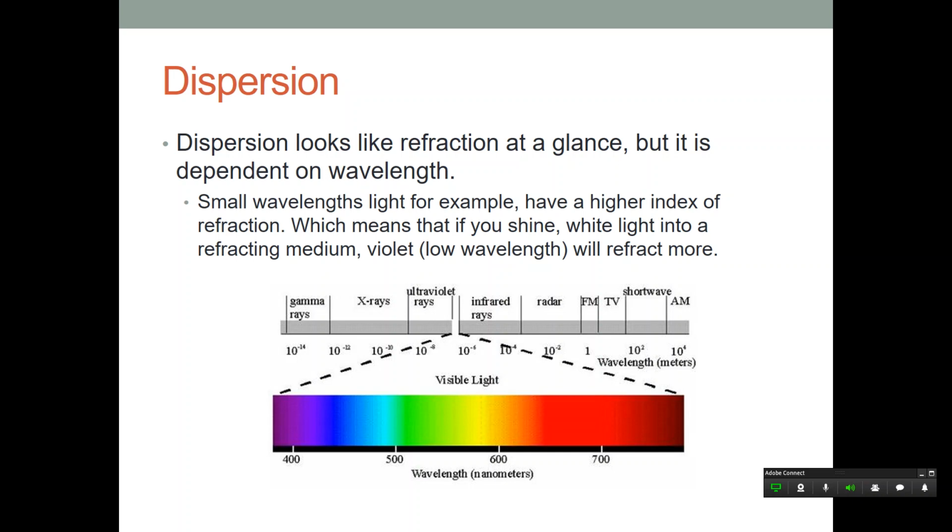Which end of the spectrum has high wavelength or low wavelength? If there's a high wavelength, there's big waves, and so big waves are going to be over here. Look at the wavelength, it's like 10,000 meters. Each wave is 10,000 meters. That's crazy. And here, that's the short wavelength. Each wavelength is 10 to the minus 14 meters. So those are really